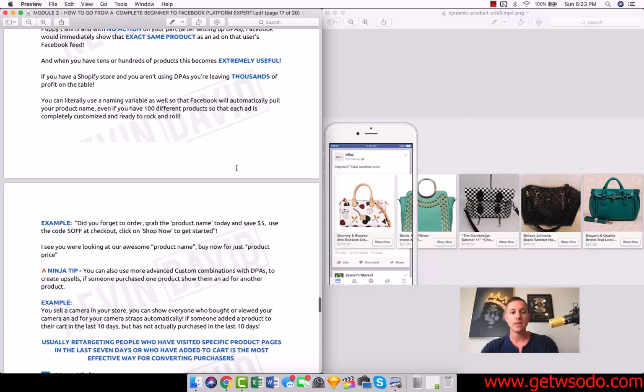It is unbelievably valuable, guys. And you can do more advanced things, which we will go over. You can literally use what's called product variables. And so I can literally say, hey, did you forget to grab your Dooney and Bourke MLB Rockies? You can automatically import the name of your product from your Shopify store into your ad copy. So not only is it unbelievably targeted, showing that same person the same exact purse, but you can also